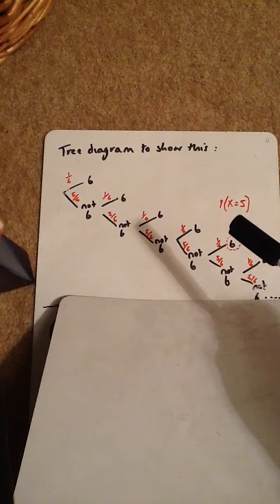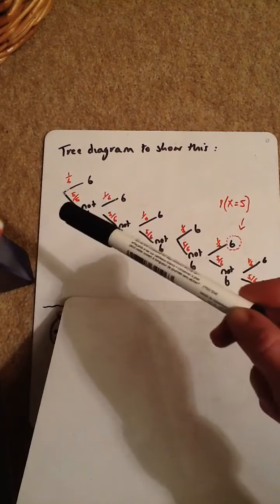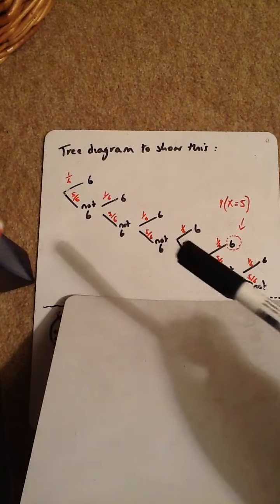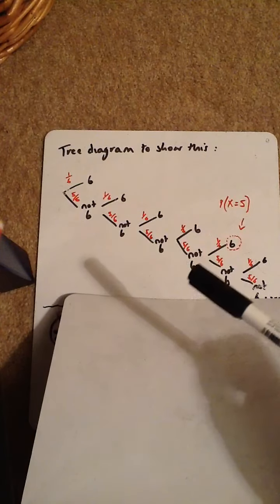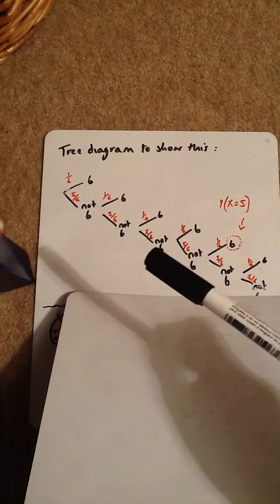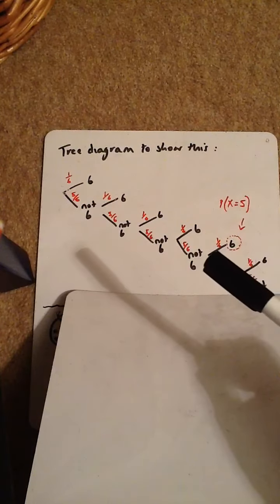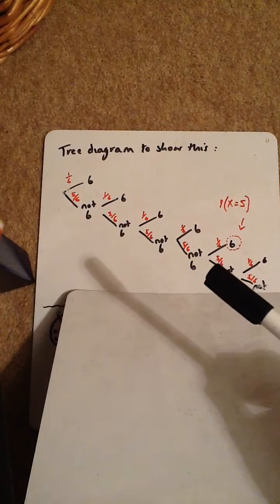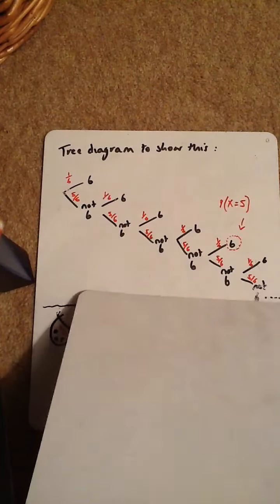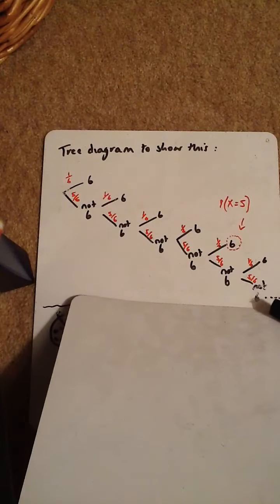So the probability that x is equal to 5, because that's not a 6 on the first, not a 6 on the second, not a 6 on the third, not a 6 on the fourth, and then I get a 6 on the fifth. So 5/6 times 5/6 times 5/6 times 5/6 times 1/6, which is what I did in the equation before. Now, there's nothing wrong with doing this, but as I've sort of tried to show at this point here,